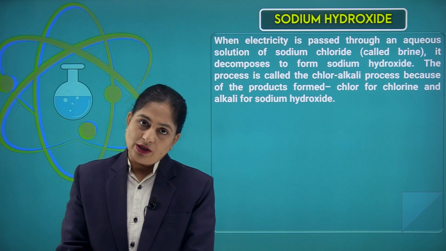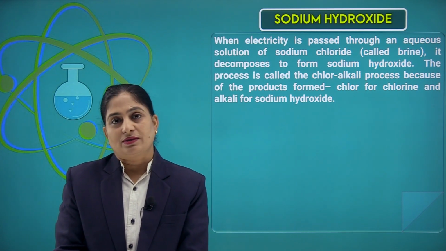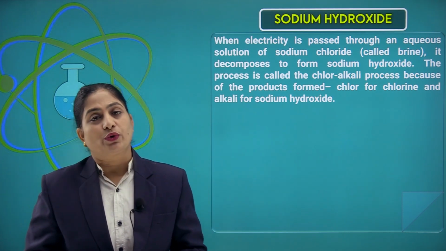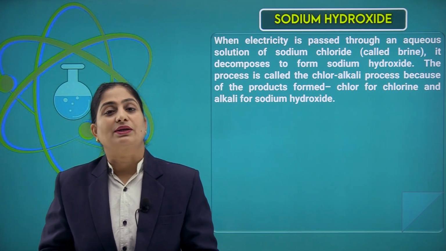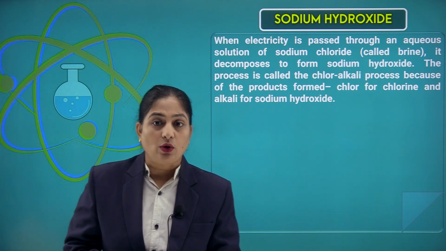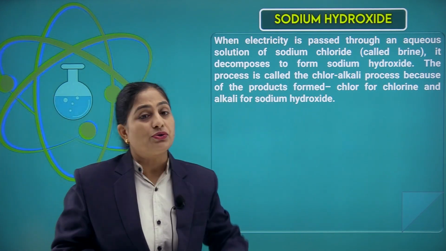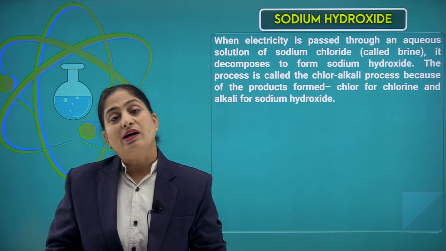So after common salt, now we'll start with sodium hydroxide. Sodium hydroxide is obtained by electrolysis of sodium chloride. We take a saturated solution of sodium chloride that we call brine. And when electricity is passed through this aqueous saturated solution, it decomposes to form